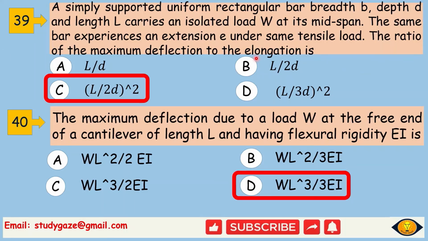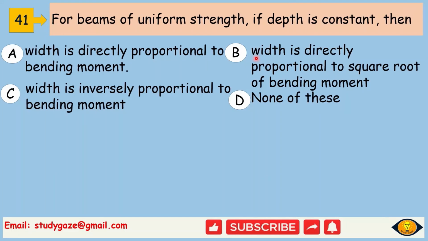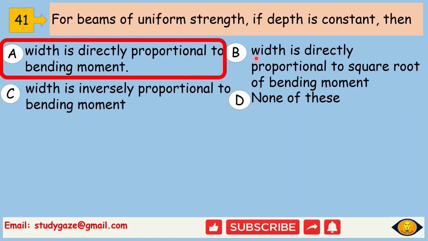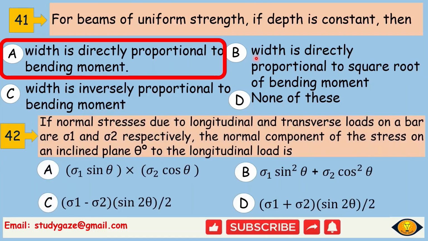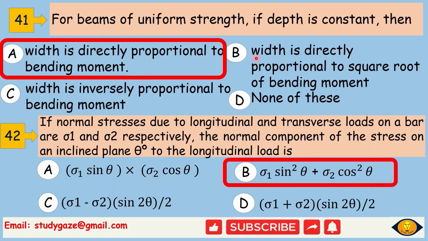Next, for beams of uniform strength, if depth is constant, then the correct option is: width is directly proportional to bending moment. Next, if normal stresses due to longitudinal and transverse loads on a bar are sigma 1 and sigma 2 respectively, the normal component of the stress on an inclined plane at theta degrees to the longitudinal load is sigma 1 sin square theta plus sigma 2 cos square theta. Next,